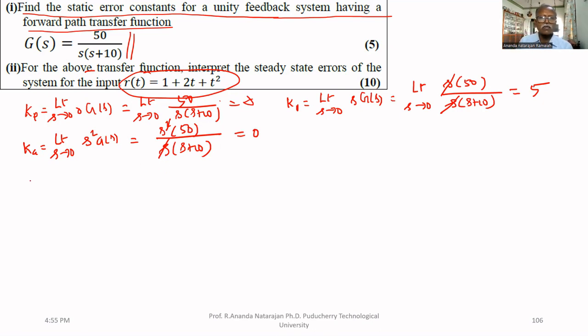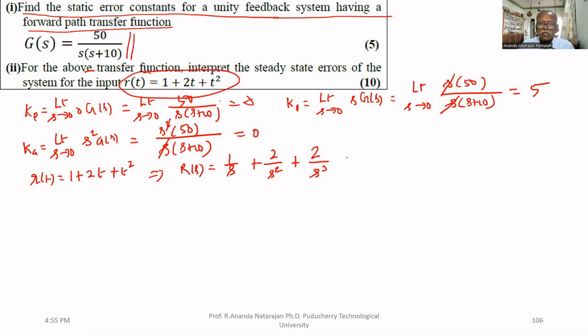Now we have to find the steady state error for given r(t). r(t) equal to 1 plus 2t plus t square. This implies R(s) equal to 1 by s plus 2 by s square plus 2 by s cube. This is R(s). Therefore,